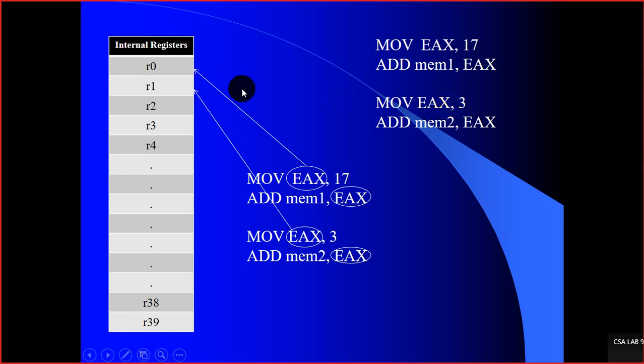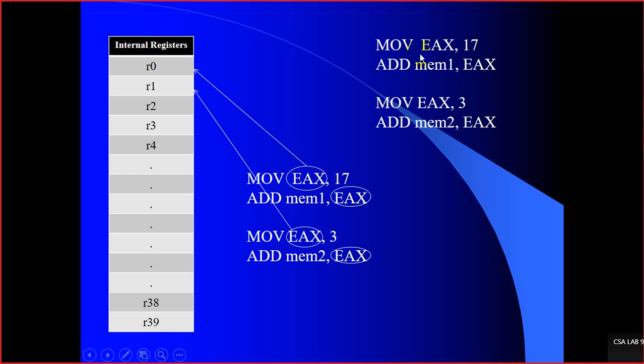Let me rename the register that is common to both instructions with a different name. Inside the modern CPU nowadays, they have a large number of internal registers. The number of internal registers will vary from CPU to CPU, but it is common to almost all modern CPUs. These registers are not programmer accessible. That means when you write a program for your computer, you cannot use the names of the internal registers in your program.